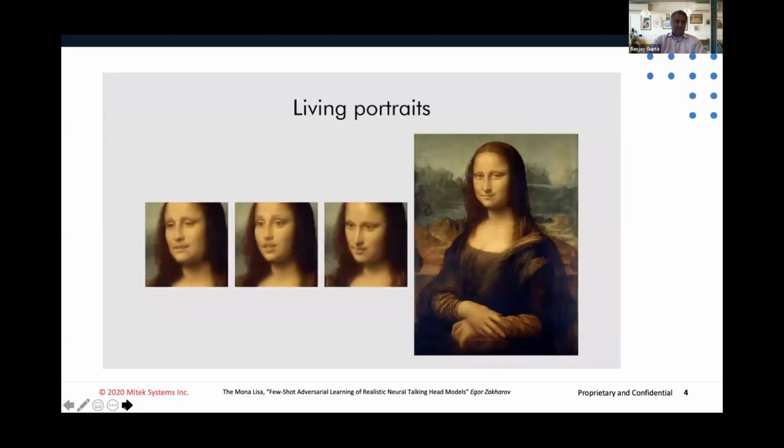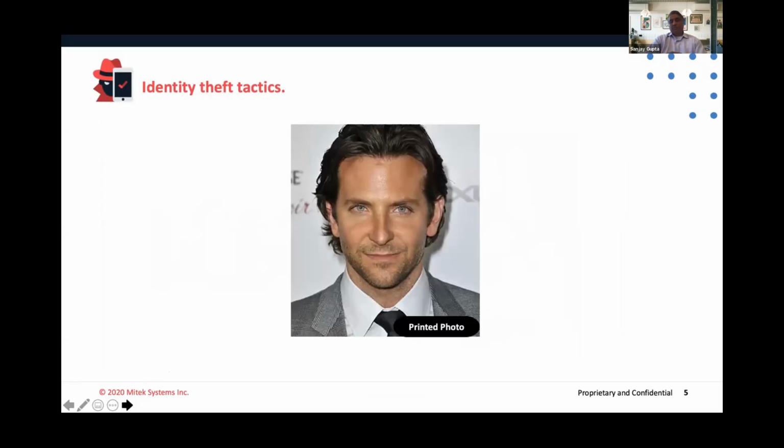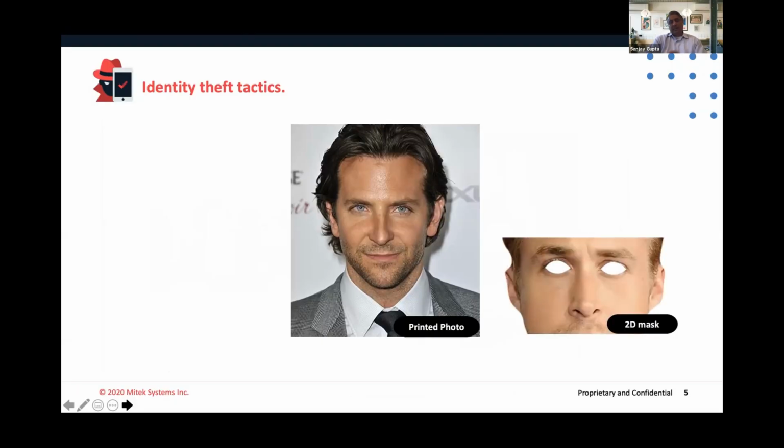I think John previously in his session also talked about some of the things that happen on the face side. For example, people can go to your Facebook site and just take your printed photo and try to use that to get into your account, or use that to create an ID to set up a new bank account or other accounts. These are all things we see in our traffic, and we need to build our systems to catch them.